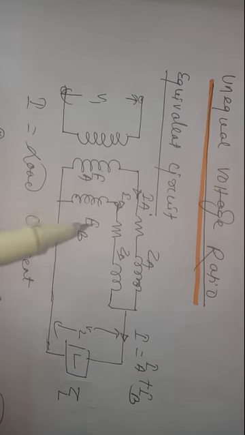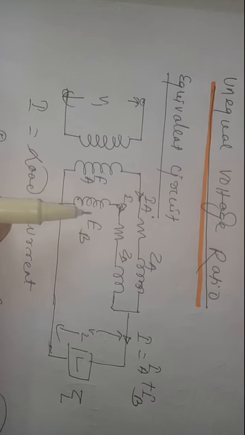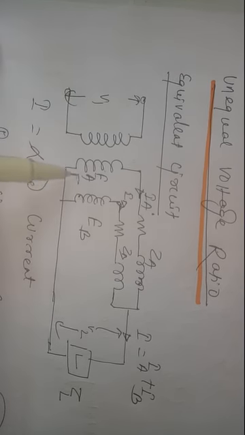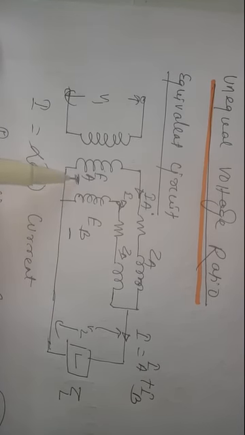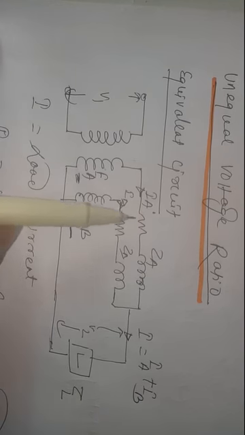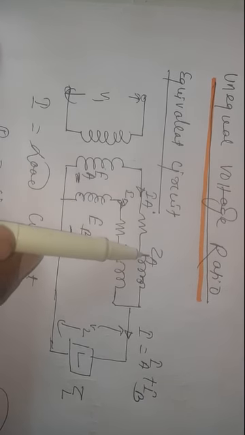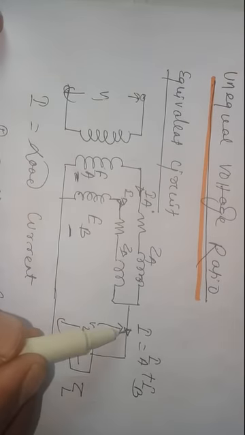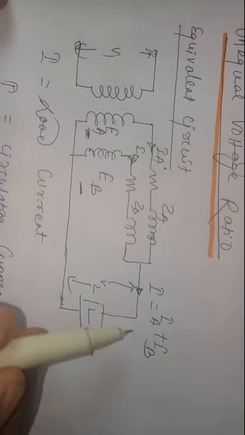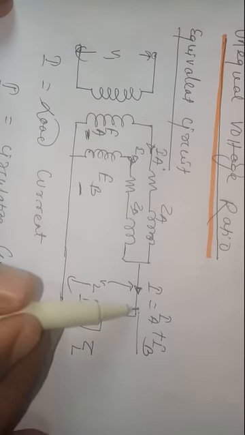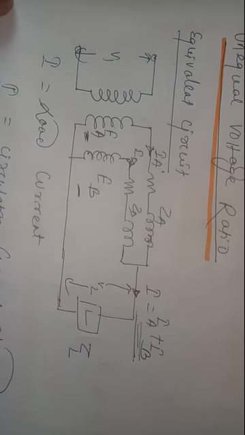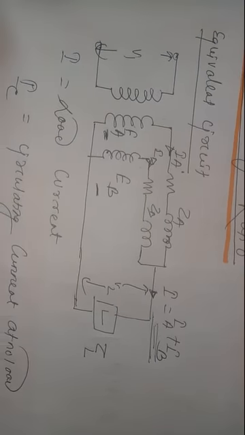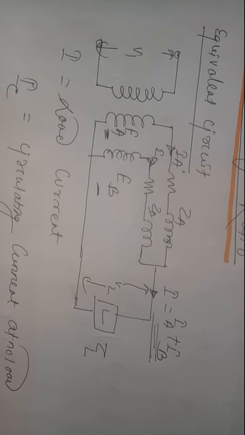Okay, and this is the equivalent circuit I have drawn here. Both windings will induce EMFs EA and EB respectively, with transformer A having impedance ZA and transformer B having impedance ZB. This is the total current I delivered to the load, which is equal to the sum of IA plus IB.